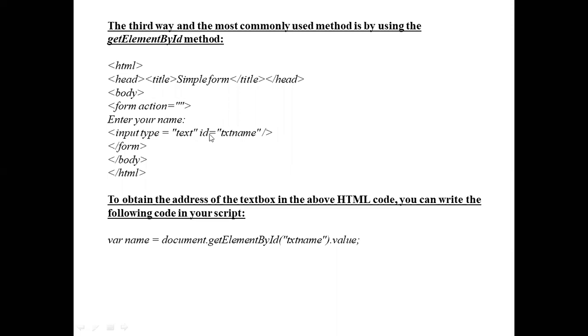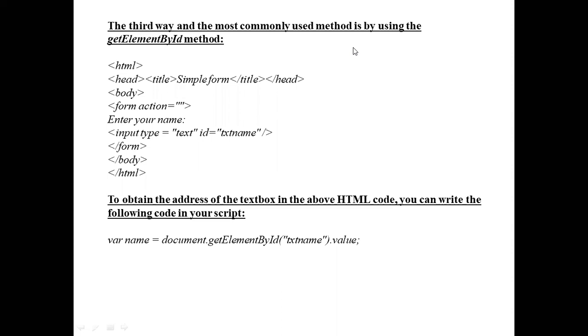The element with this ID is the input type text, so the element with the ID is the text box, and we are retrieving the value of the text box. That means we are accessing the element with ID equal to txtname. So this is the third method.